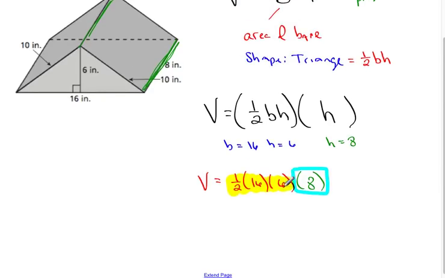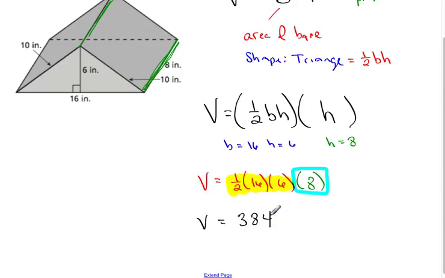All right, and then after we do this multiplication here, what is 1/2 times 16 times 6 times 8? Yep. 1/2 times 16 is 8, 8 times 6 is 48, and 48 times 8 is going to give me, yep,